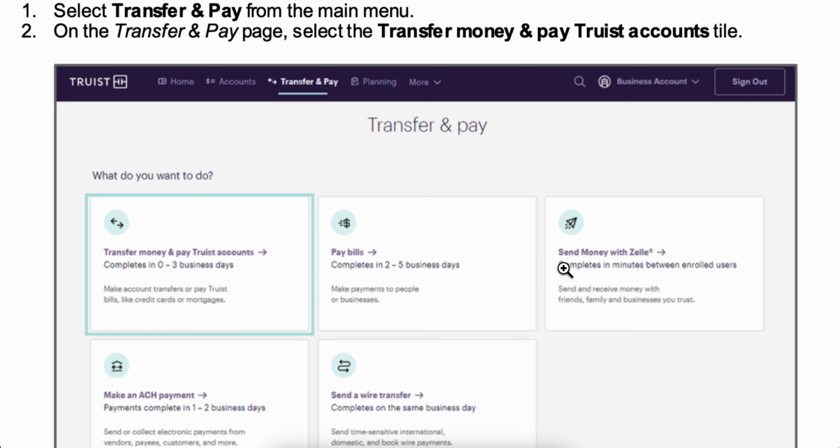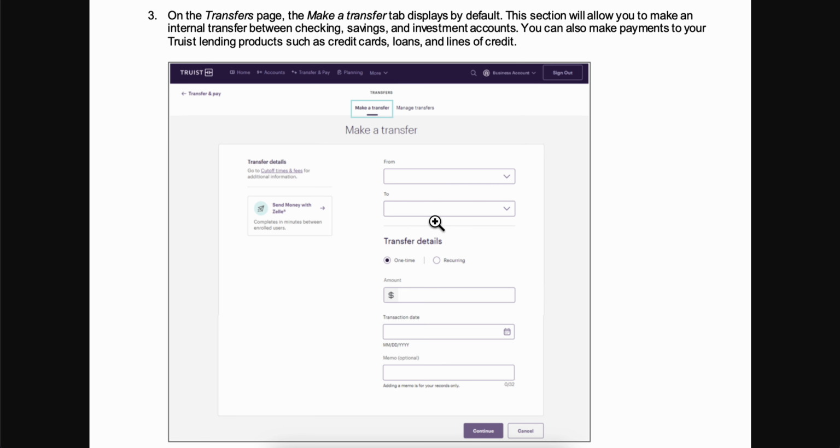Then you're gonna have to simply click on any of these, and then simply choose from which of your accounts, so it can be checking account or savings account, and to who you want to transfer the money. Now basically, if you don't have them saved here, you're gonna have the option to add their bank details. Then simply choose if this is a one-time payment or recurring, the amount, the transaction date, and then simply click on continue, and that's it. Then you're gonna have to confirm, and that's all you have to do in order to